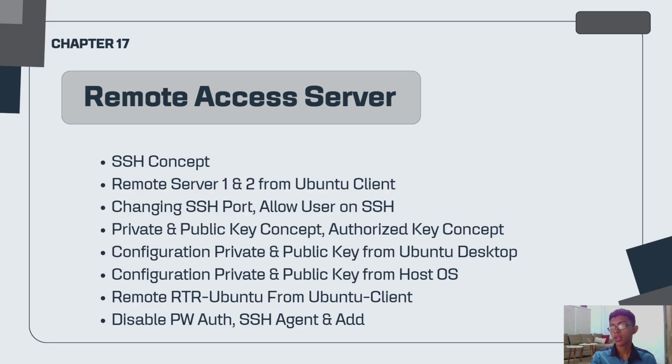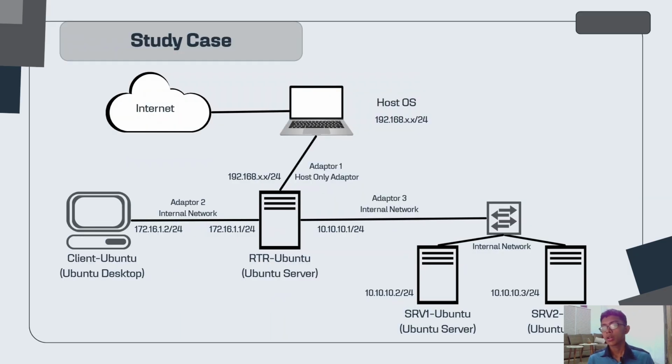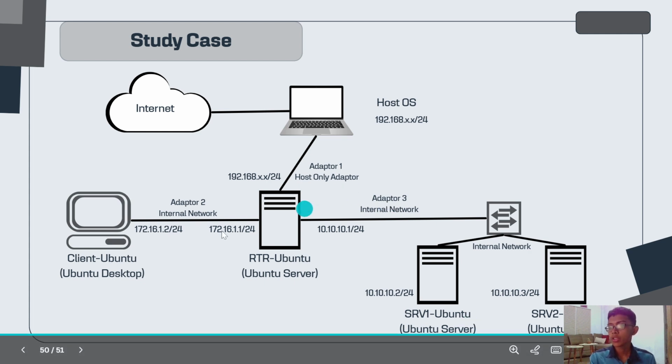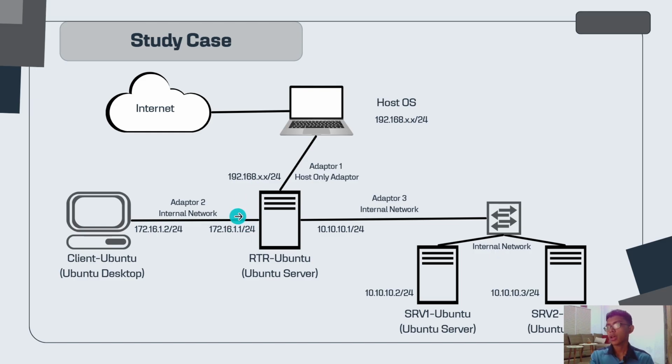So for the first one, it is the SSH concept. In the last video, you may already understand the routing concept, and you have to make sure all of the VMs here can ping the internet or can ping using a domain. And usually SSH is the same as remote access. SSH is secure shell, an explanation to remote a server in a more secure way.